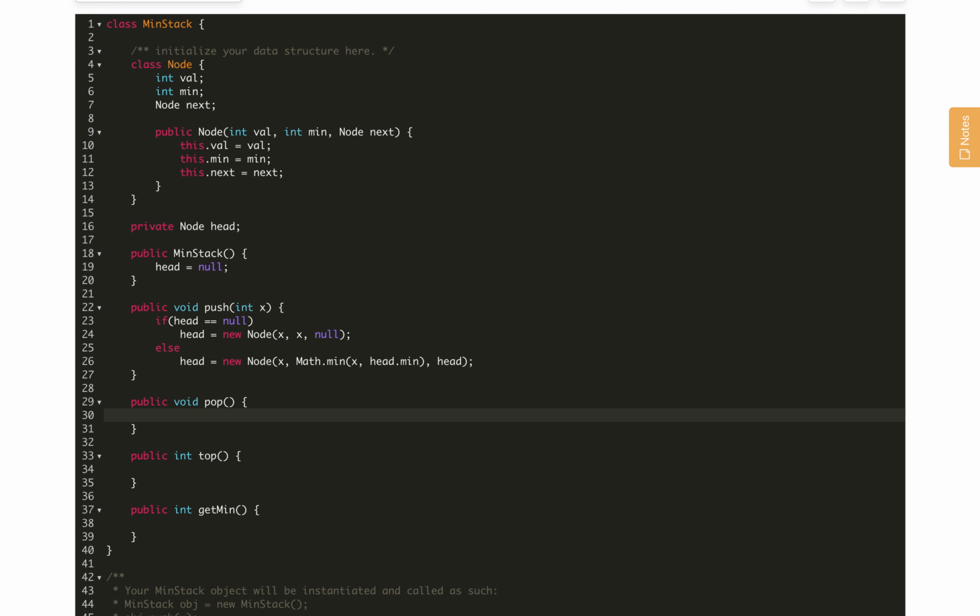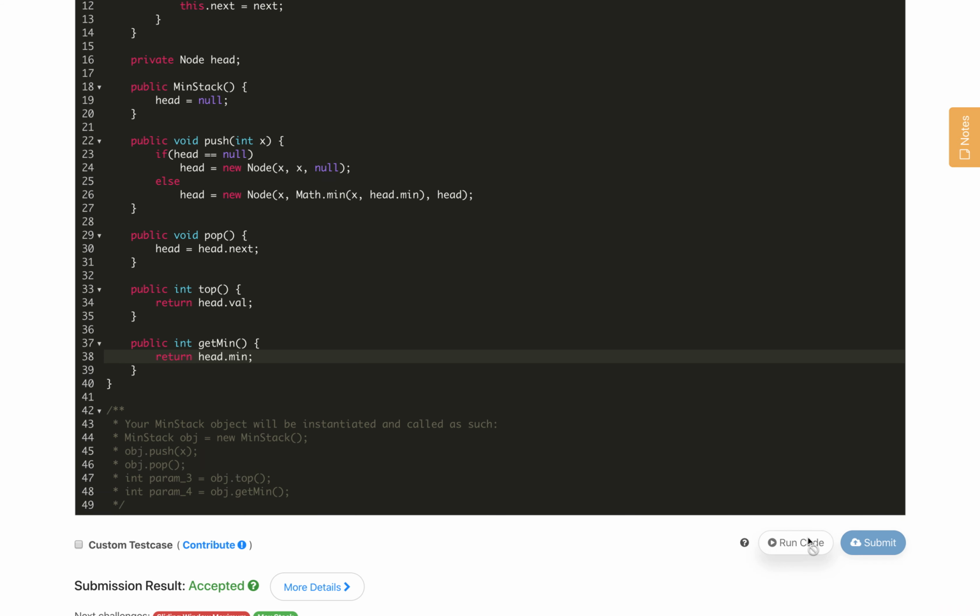In the pop operation we simply update head with head.next, and in the top operation we will just return head.val, because we have to return the value, that's it. And in the min operation we will just return head.min.